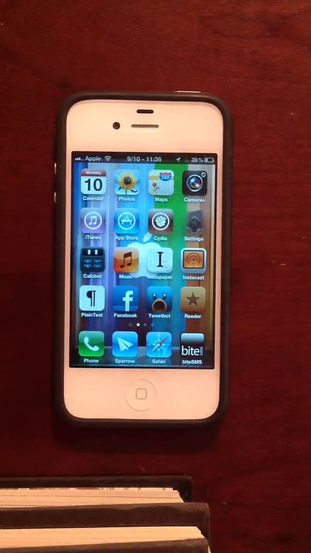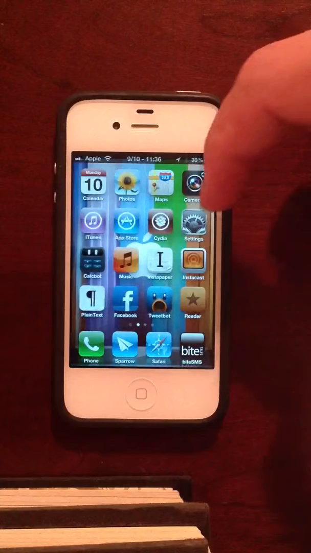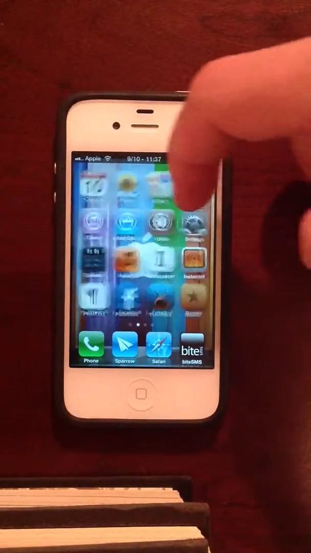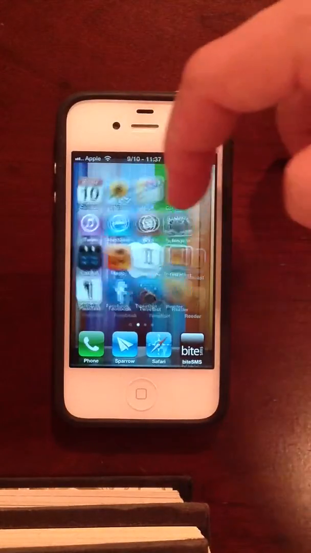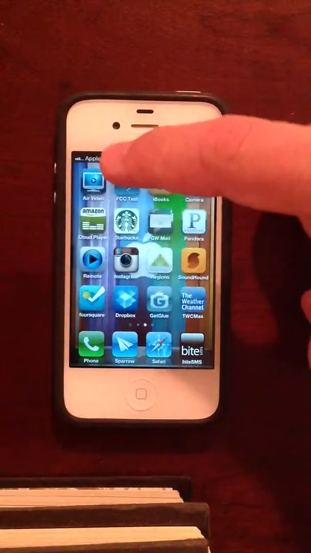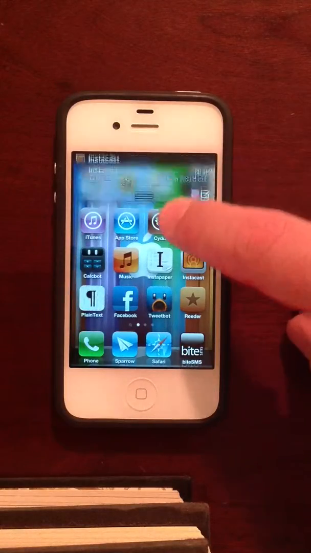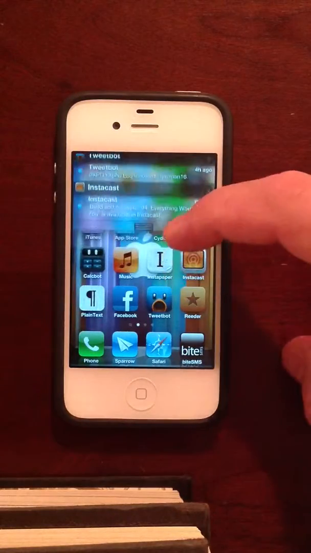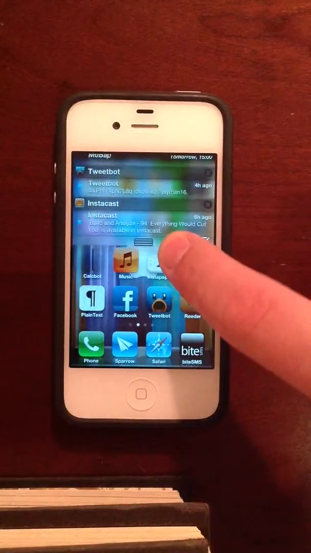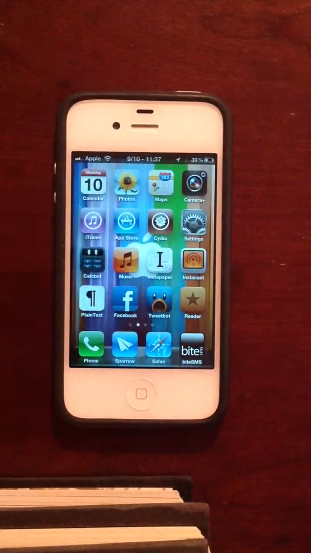The first one I use is called Barrel. So when I swipe between home screens, it obviously looks different than the icons just sliding to the left or to the right. And there's about 10 or 12 variations you can use on that one. I use something called blurry background for the notification center. So as you can see, the background is slightly transparent and blurred, as opposed to just being the